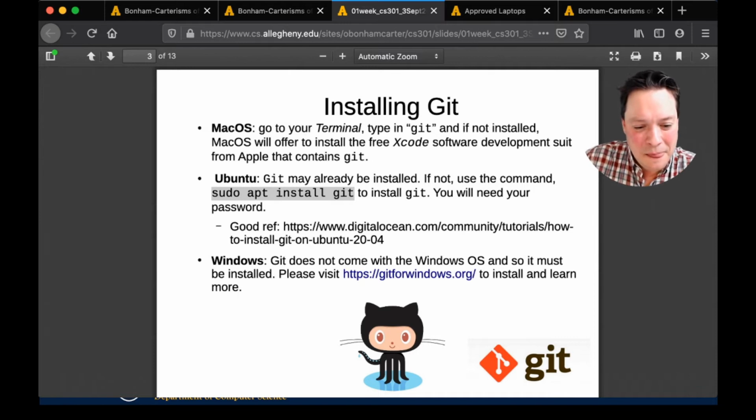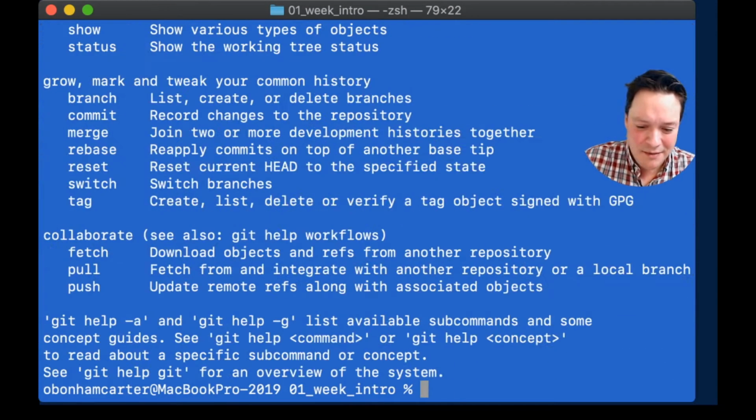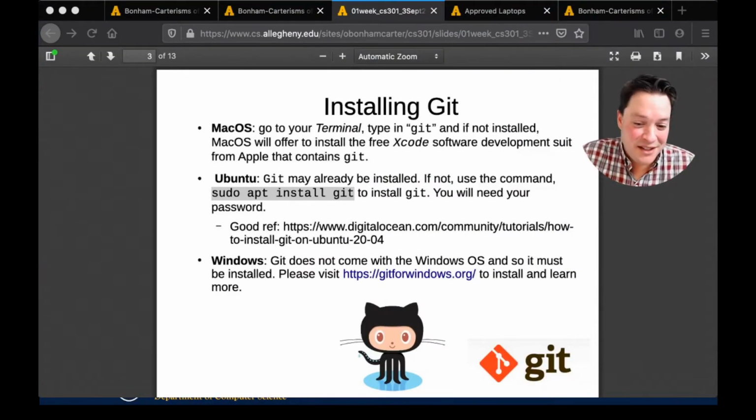If you are using macOS and you've never used Git before, I think that if you just type git at your terminal, then, although I've already installed it here, the Mac will say it has noticed that you typed a command that hasn't been installed, and ask whether it should install it. You would say yes.